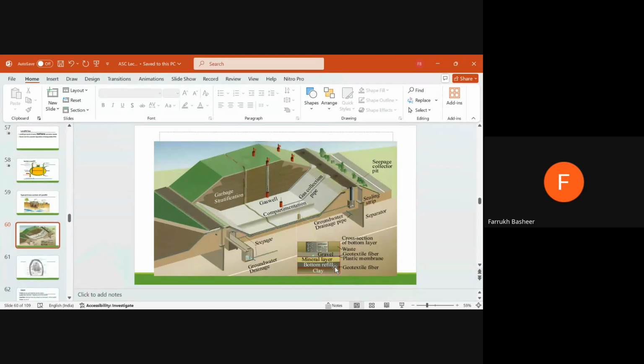This is another typical cross section for a landfill. Here you can see a different stratification of solid waste. Different layer में solid waste को dump किया गया है, और dump करने के बाद उसमें हमें क्या बनाया है,